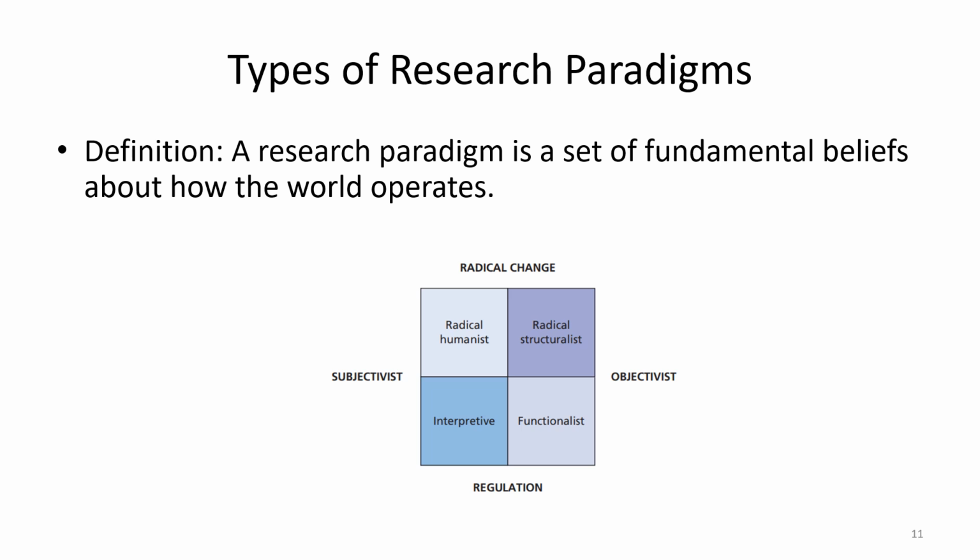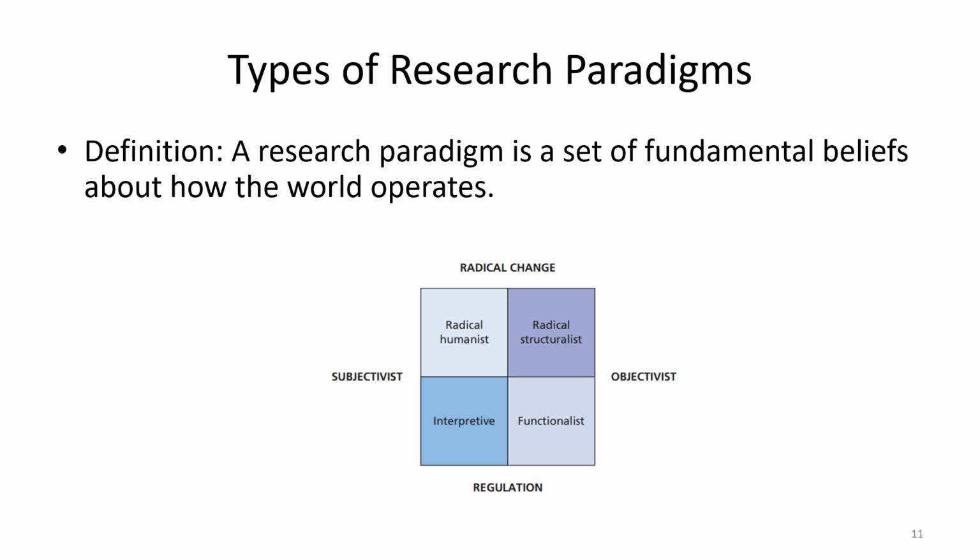Regulation focuses on maintaining order, status quo, stability within the existing structure, whereas the radical change paradigm focuses on transformative change, questioning the existing structure, challenging something that's happening, seeking fundamental shifts in society or organizations, for instance, like feminism, minority rights, political rights, etc. So this leads to four paradigms.